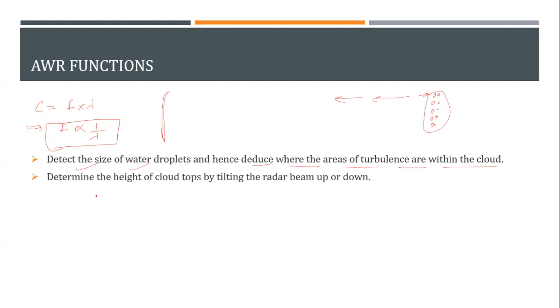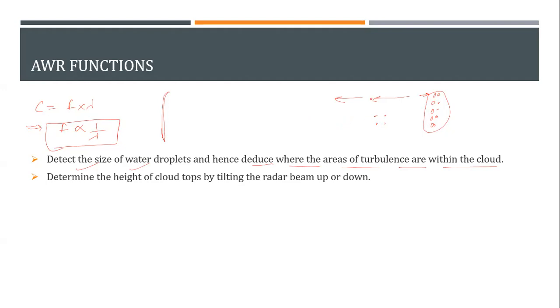How does it show the image of the whole cloud or a larger amount of water droplets? I don't understand the question. Can you elaborate? Like in the first picture, you have shown that it is showing red, green, which shows the intensity. Yes, the intensity. Now tell me, if I have this cloud and I have less water droplets, where will the returns be high? Where will the radio wave return higher?